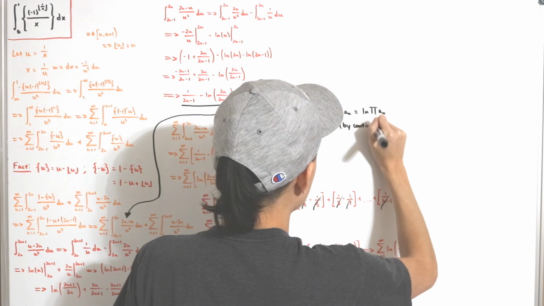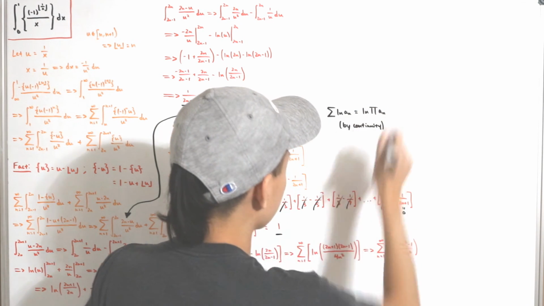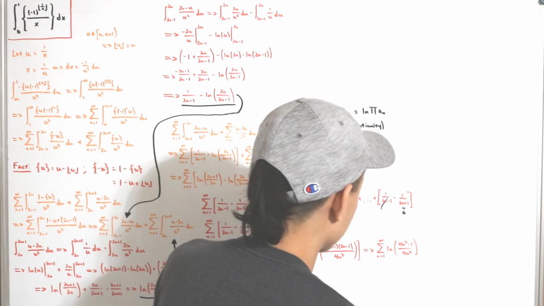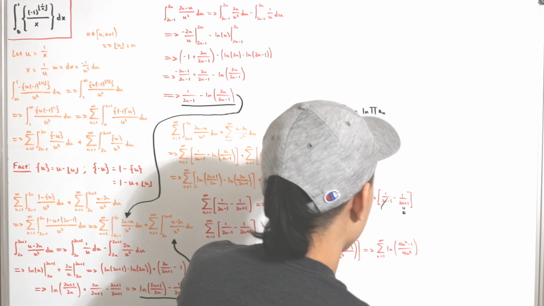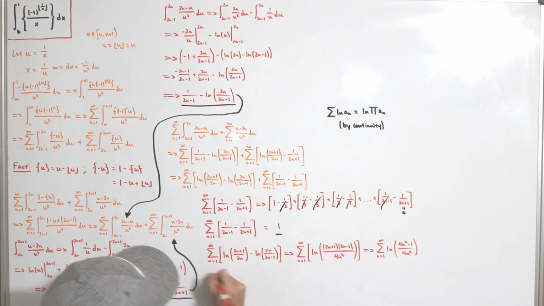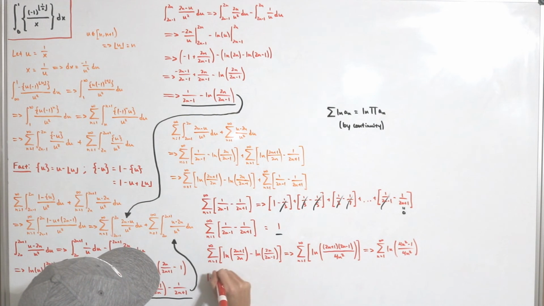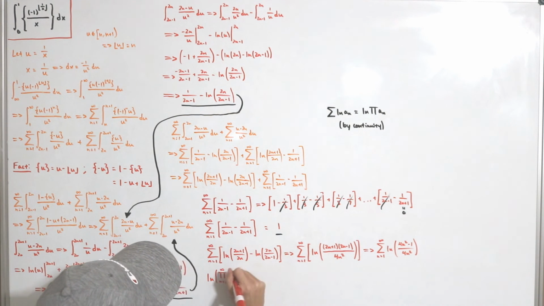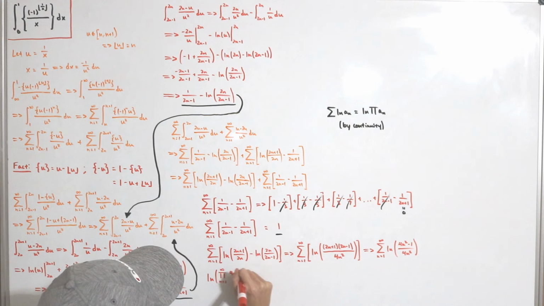So by continuity, we can use this fact to convert this into a product series. So the natural log of the product series, from n equals 1, of 4n squared minus 1